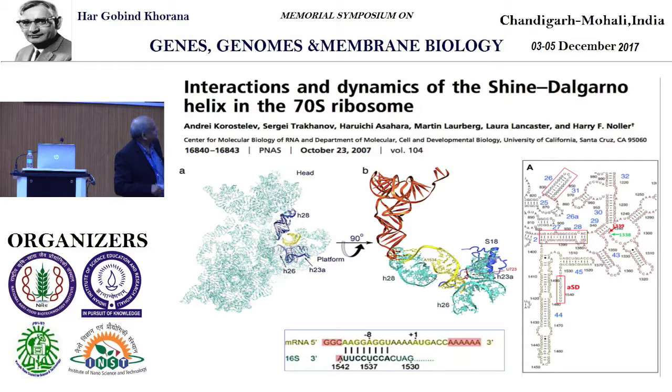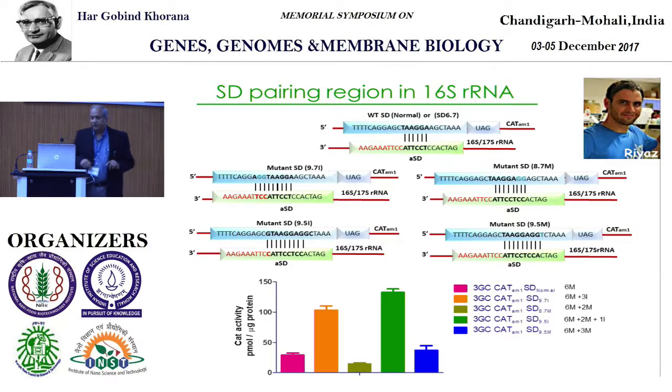Now, why am I talking about this displacement? There are a couple of residues here, 1338 and 1339, which are right next to helix 28. And these two residues, 1338 and 1339, interact with the 3GC base pair. So there is going to be a direct connection there. Then a student in the lab began to change the extent of the Shine-Dalgarno and anti-Shine-Dalgarno sequence interaction. And what I can show you from this slide is that the moment he goes into base pairing in the immature region, shown here in red, which is not present in the mature 16S,